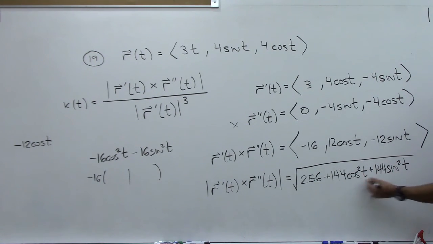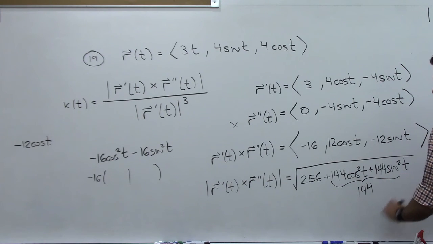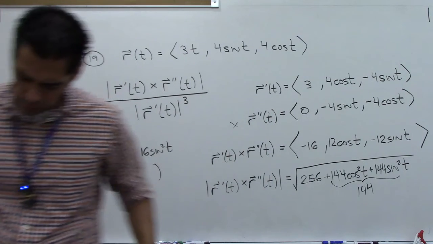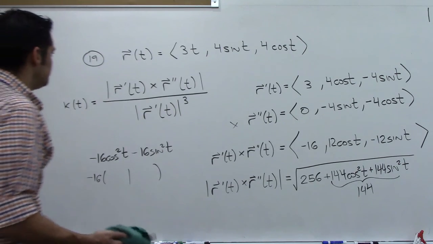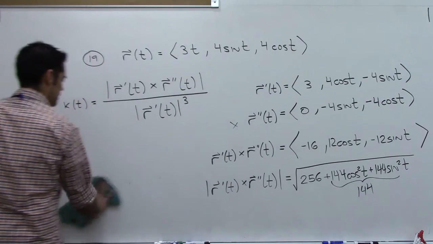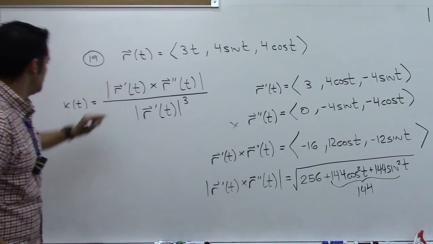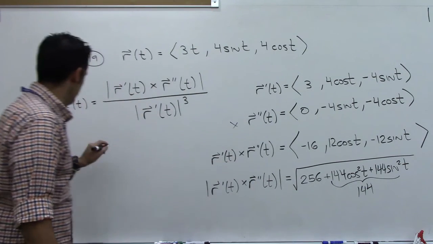And then these two together, when we do all the work, we get just 144. And then plus 256, that's 300, 400. So we get root 400, which is 20. So what we have at this point is that this is equal to root 400, which is 20,